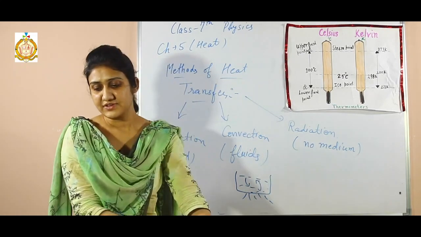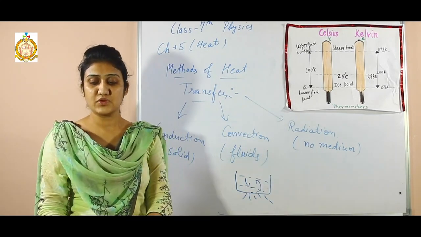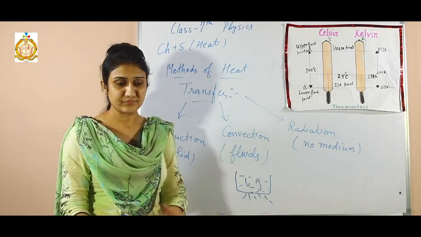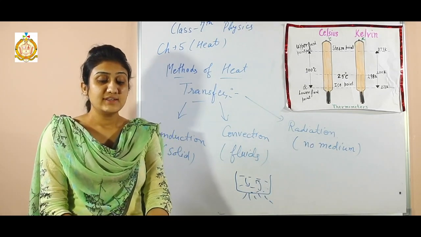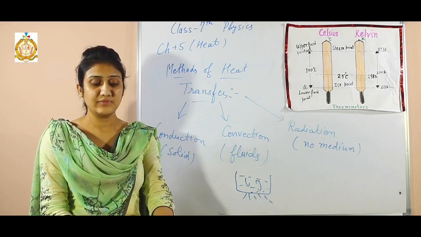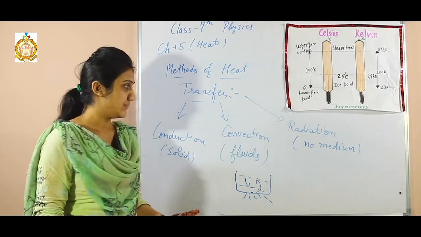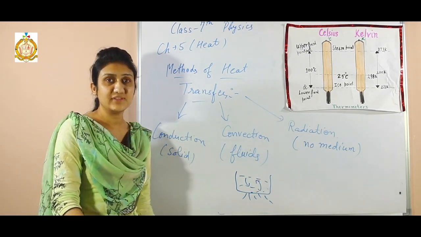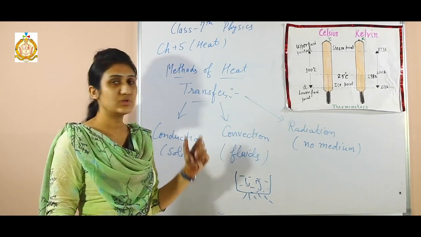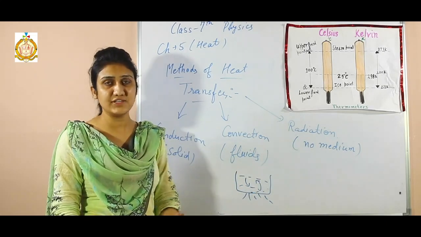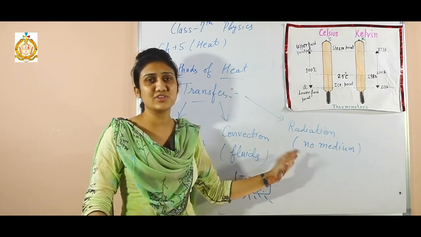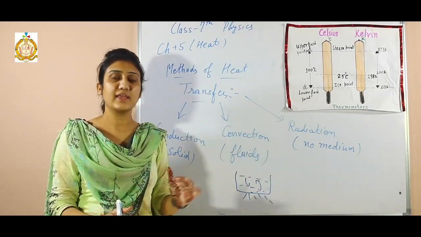And the last one is radiation. Radiation is the process of transfer of heat from a hot object to a cold object even in the absence of any medium. And shiny surfaces are good reflectors of heat radiations. Anything that is providing us heat emits radiation, right? The sun is the biggest source of heat, and the sunlight comes to the earth by means of radiation, as well as heat from the sun reaches the earth by the process of radiation, because there is no medium between the sun and the earth.